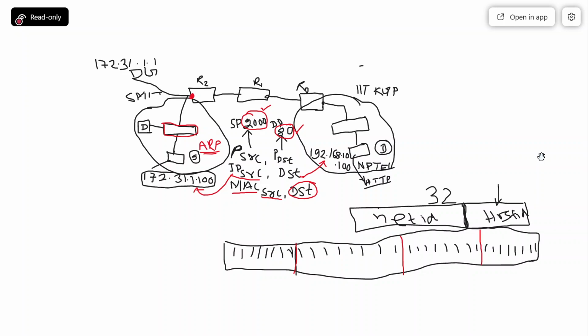Okay. Now, if you consider that all of these bits are 1, that means this is 255. Am I right? If all 8 bits are 1, that means this is 255. If this octet is all 1, then this is again 255. And again this one is 255.